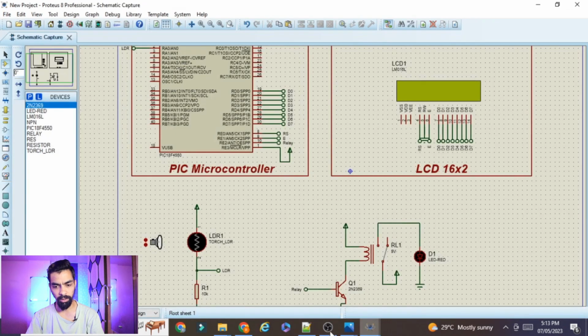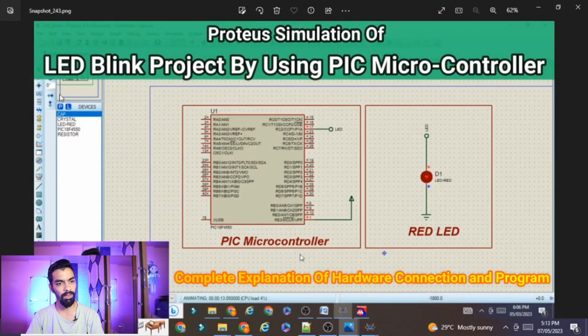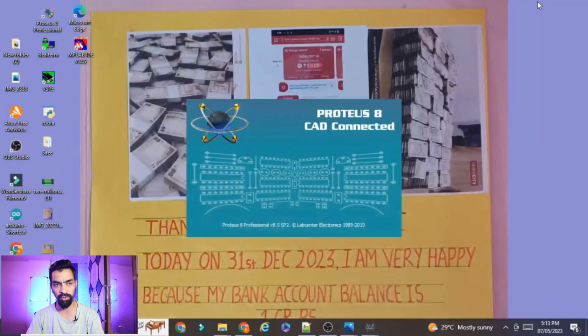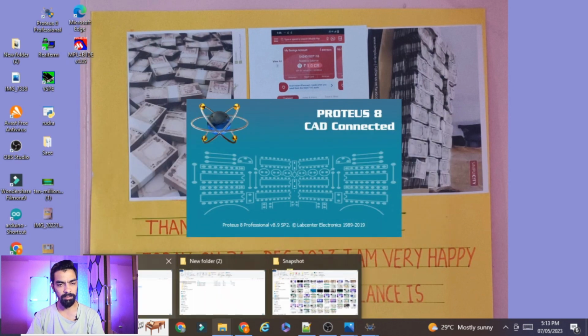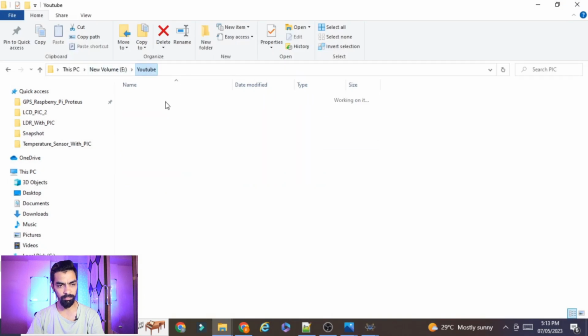I already told in my previous video, the LED Blink project by the PIC microcontroller. So in that video I have clearly explained how to install this software in your laptop. So if you don't have the software, please watch that video. That video link is also given in the description. So once you have that software, next you require this folder,